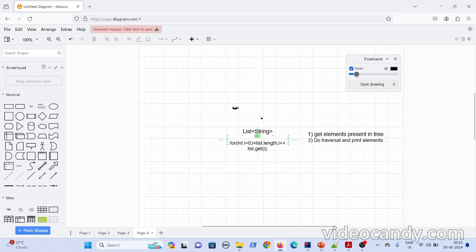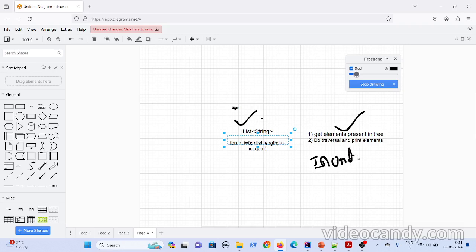The same thing we have done here for the list. First get the list of students, then go to each and every index and print the student name. Here also you have to do the same thing. But the traversal we followed here and the traversal we are following here are different, because here it's just linear order traversal, but in the tree you have in-order traversal, pre-order traversal, and post-order traversal as well.